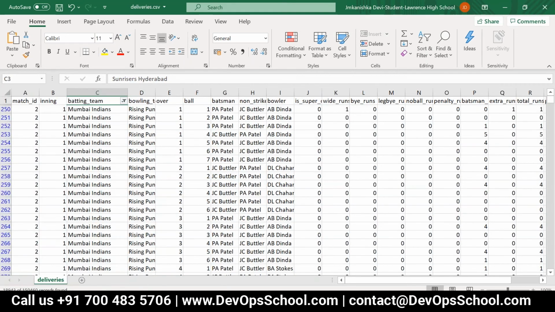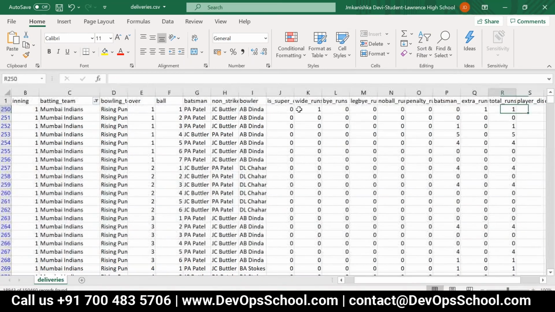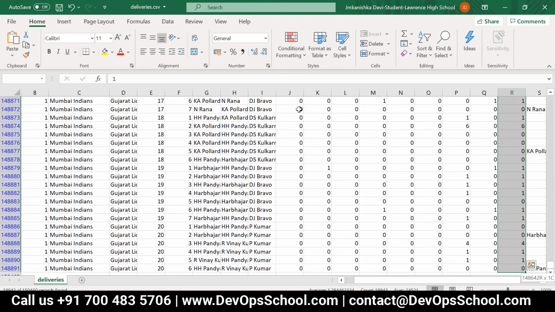So we have something called total runs over here, right? So we need to find the sum of all. So what are the runs here basically? That is, the sum is 24,521. So this is the run which is scored by Mumbai Indians. You are able to see the sum right over here, right? Sum is 24,521. So we are going to bring it over there.